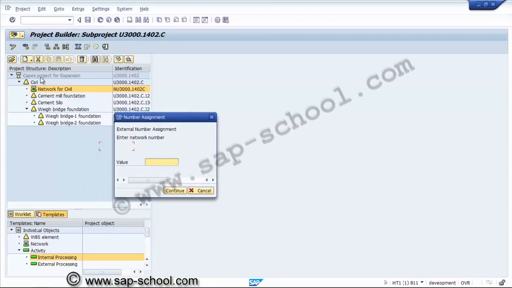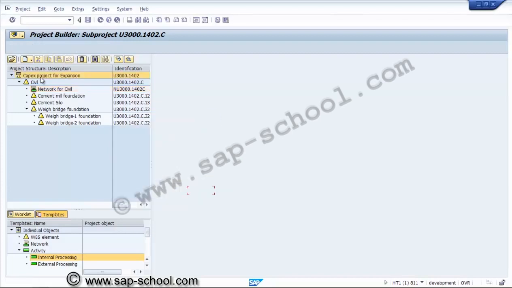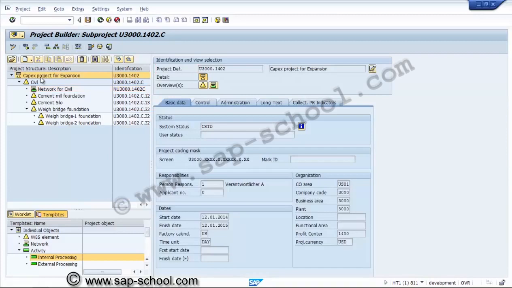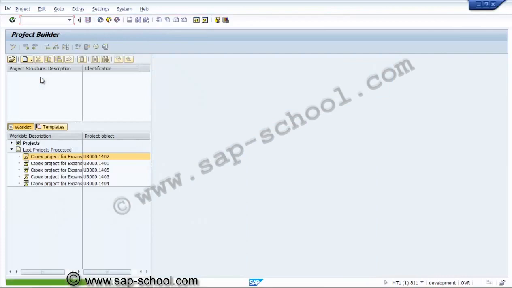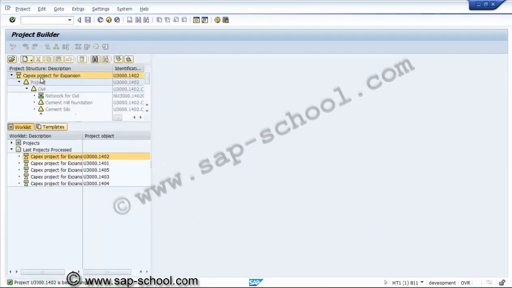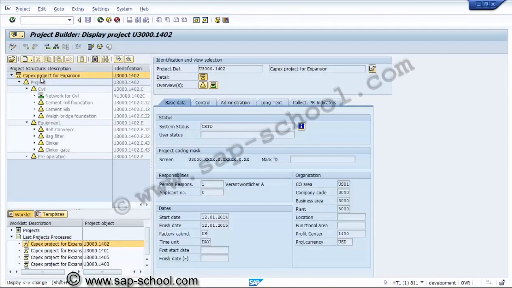It is asking about the number assignment for the network number. Or we can save it against the existing network. The system will assume that we are creating the activity against an existing network, so we need not go for a new network.